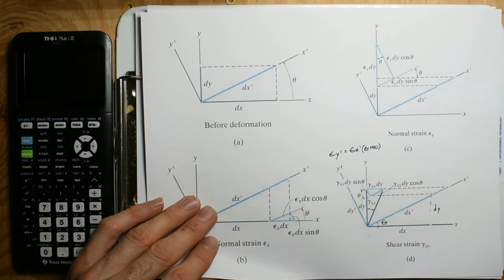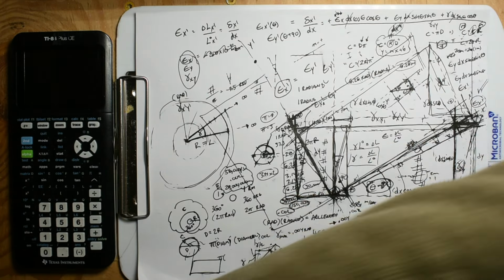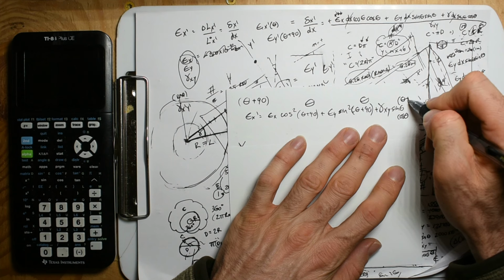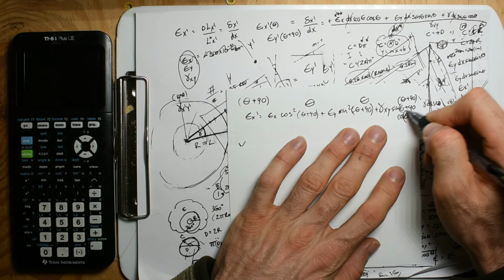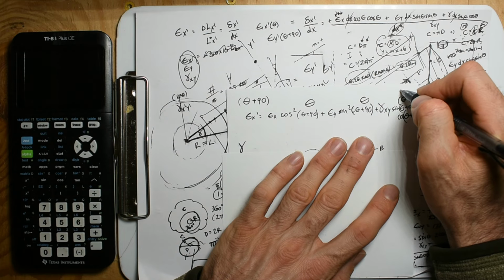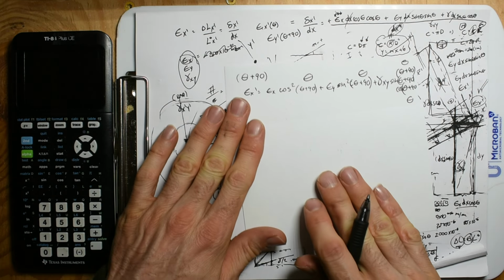So that's what we're going to finish with: to show the strain in the x prime direction as a function of theta. Sorry about this, this is going to be theta plus 90, and then theta plus 90. If we do that, this should be just sine theta, this should be cosine theta. But when we rotate up an extra 90, we've got to figure out